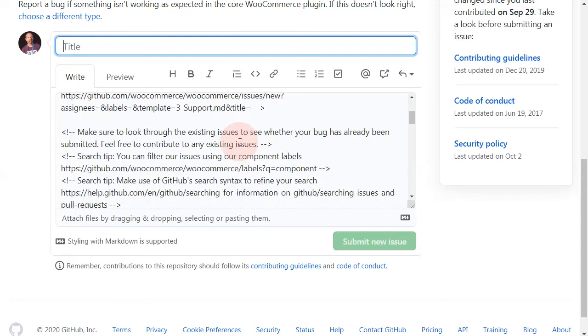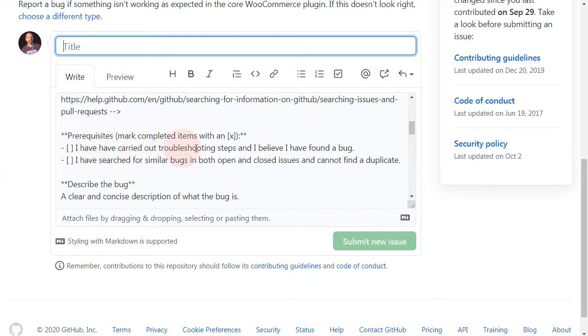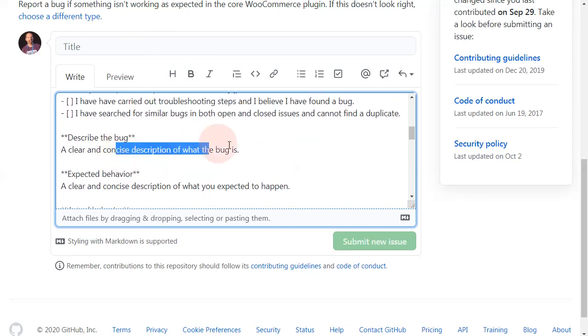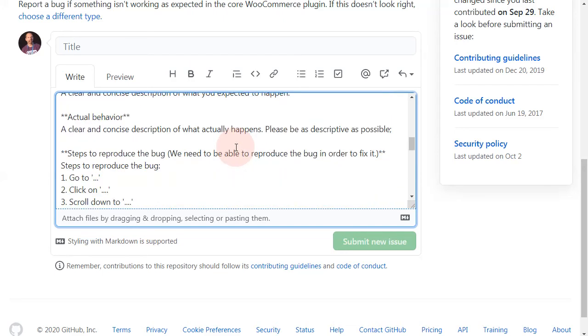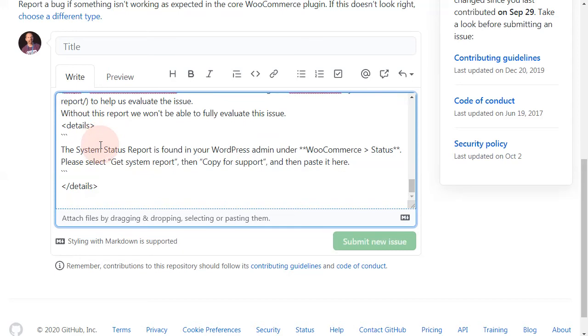So you will need to share your system status, you will need to say that you've done some troubleshooting, you will need to describe the bug, so I'm talking about the steps. You should attach a screenshot of the bug. It is important that you follow all these instructions because they want to have the whole description of the potential bug.